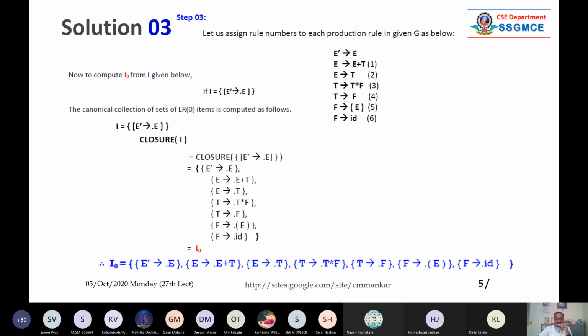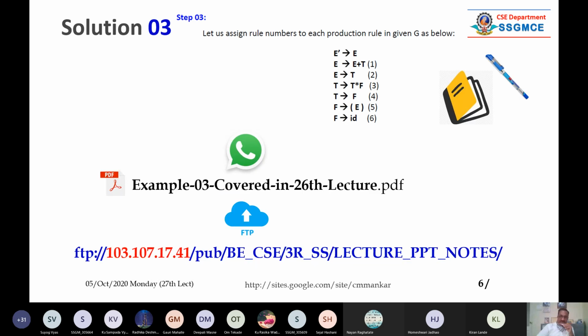So this is the initial I0 set. Now, as I told you, I have uploaded the example 3 covered in the 26 lecture.pdf into your WhatsApp group, as well as into the FTP site. This is a URL. Please take the screenshot of this. And I suggest you